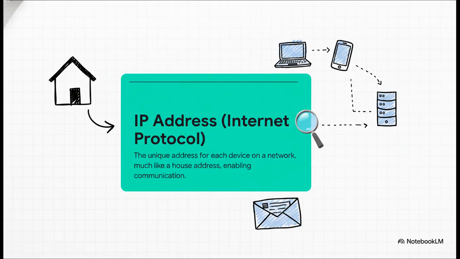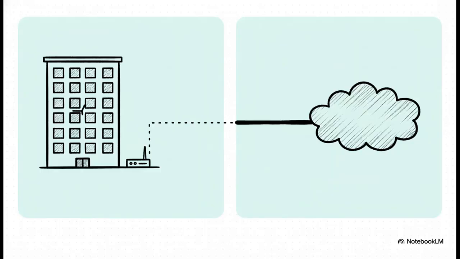Honestly, the best way to think about it is exactly like your home address. No address, no mail. On the internet, it's the same deal. No IP address, no data. It's the unique identifier for every single computer, phone, and server connected to the network. So you might be wondering, with billions of devices, how have we not run out of addresses? Well, it's thanks to a pretty clever system, public versus private IPs.